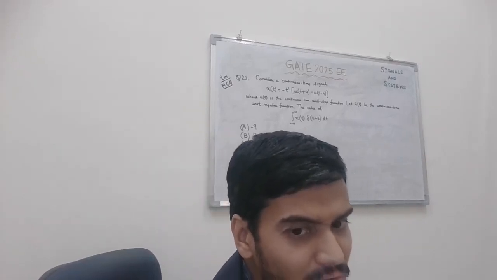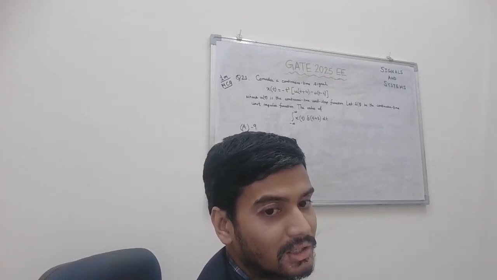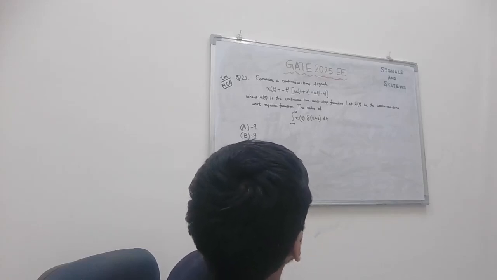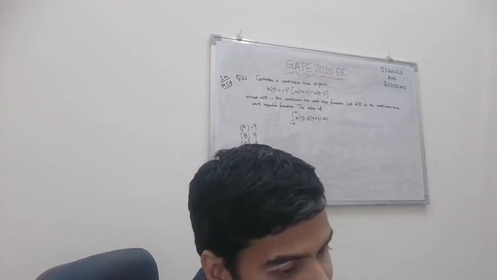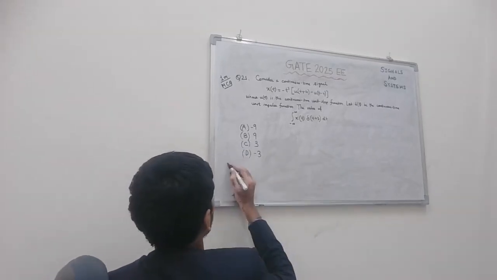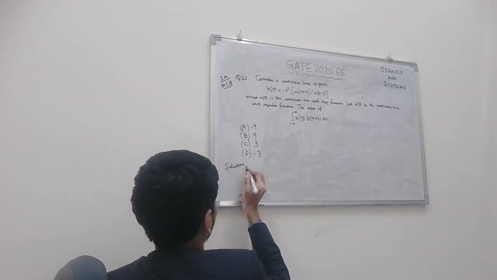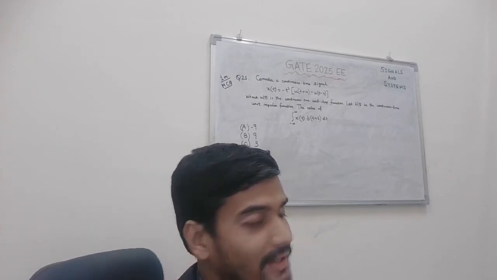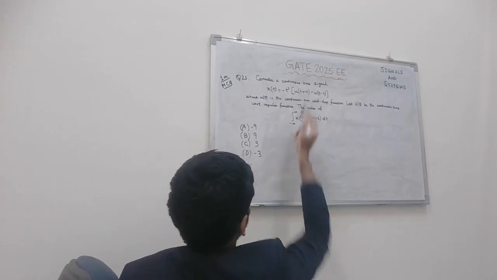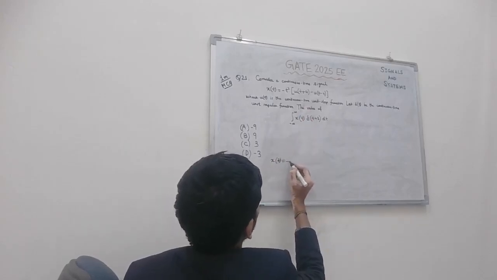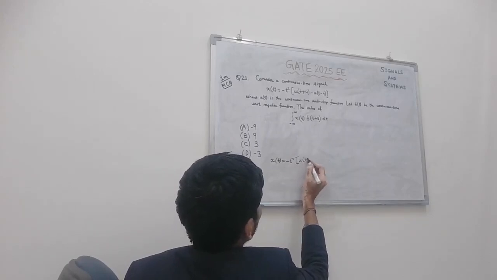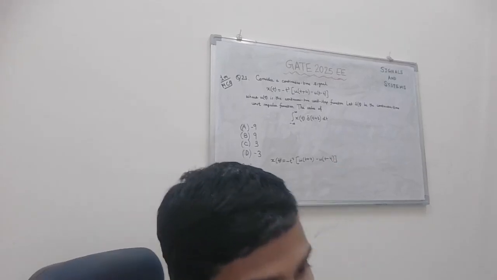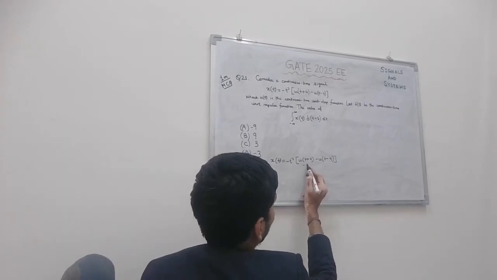So it is a pretty simple question based on the shifting property of the continuous time unit impulse function and step function. So let's move on to the solution. According to the definition given, first let's plot x of t. X of t equal to minus t square into u of t plus 4 minus u of t minus 4. This means that x of t exists for the window from minus 4 to 4.